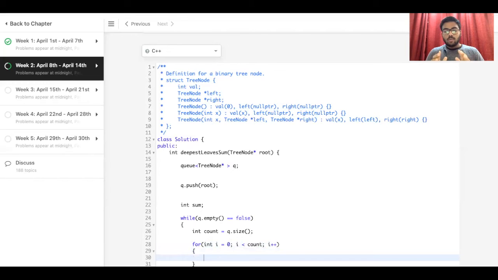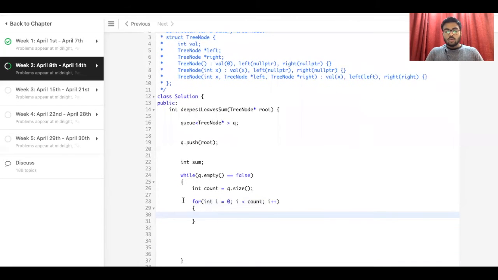Now I'll loop through int i is equal to 0, i is less than count, i plus plus. So why have I put this for loop? Because I want to loop through that particular level. So if the queue size is something, for example 3, I know that the size of that level is 3. So for example, one subtree might be having left and right, and the other subtree might be having only left. So the size of the queue becomes 3. So for basically looping through that level, we need to take the size of the queue, and by that we can get the value of a particular element on that level of the tree.